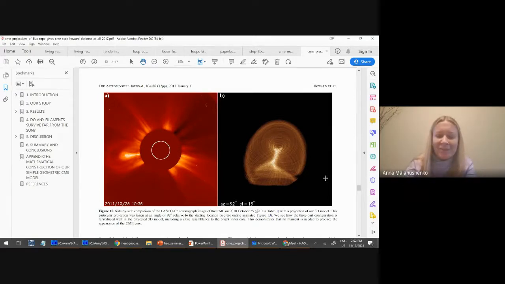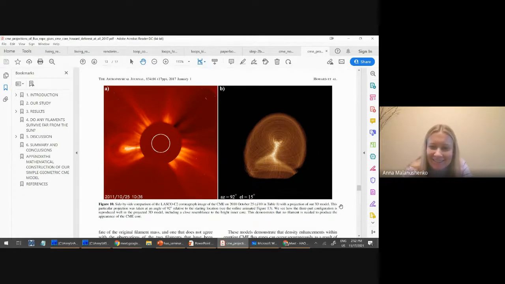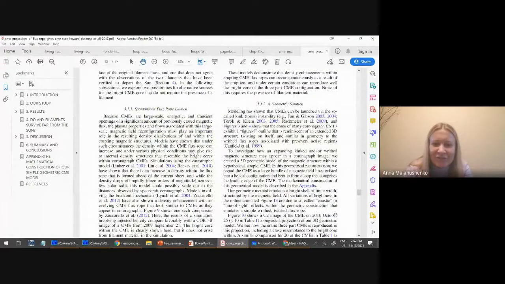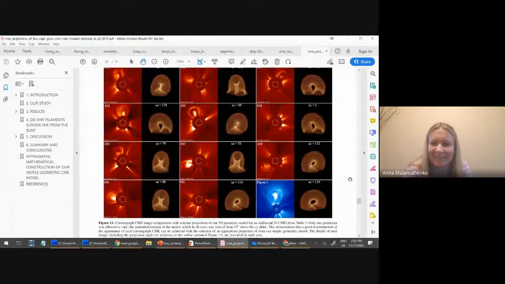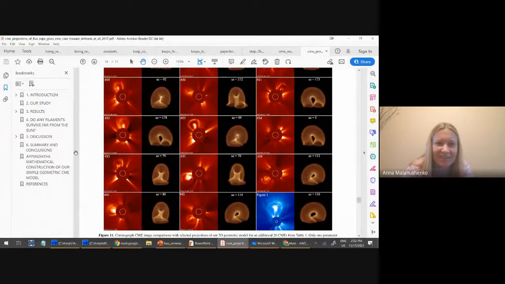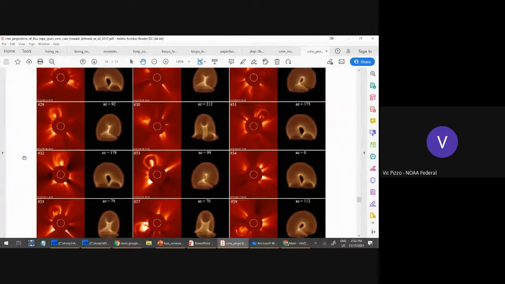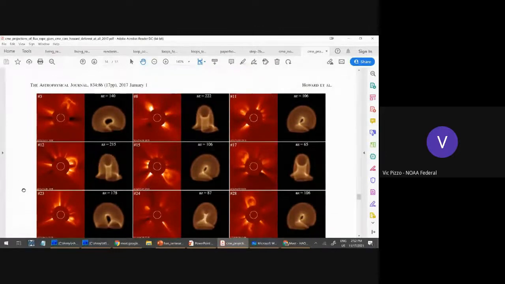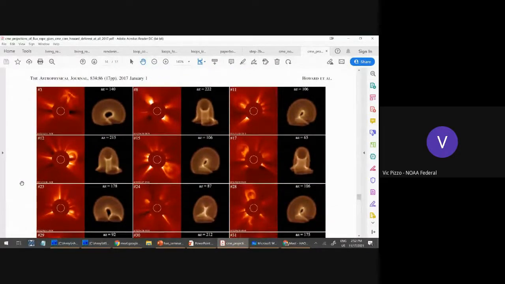I was scrambling to see if I can find this paper in haste. Did you mean this paper? Yeah, I don't have it offhand, but you still see my screen, right? Yeah, I can see the screen. So yeah, and they studied a number of different situations and what you would see if that were the case, and it's extremely surprising what you see. It's not what you think you would see at first hand.